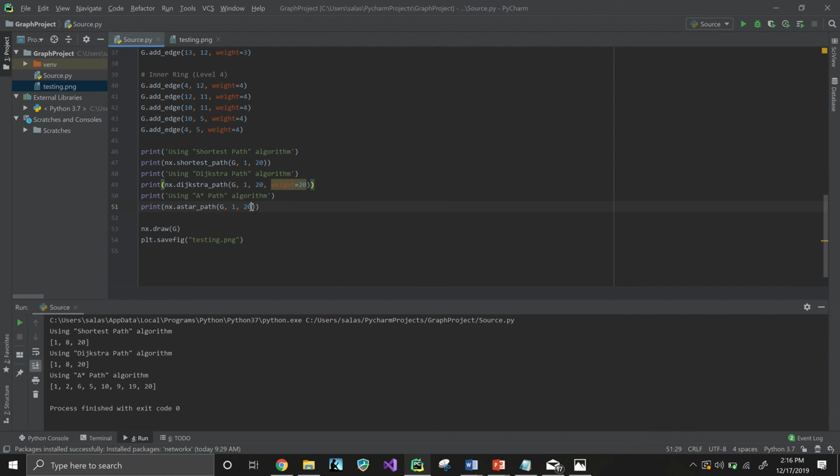And this is the same for A-star, the algorithm A-star. And I believe this is because this is a really simple graph, but the more complex the graphs are, the more implementation of these algorithms you can have, and then you can decide which one's the best one for that application. And then I draw the graph and save it to the figure,